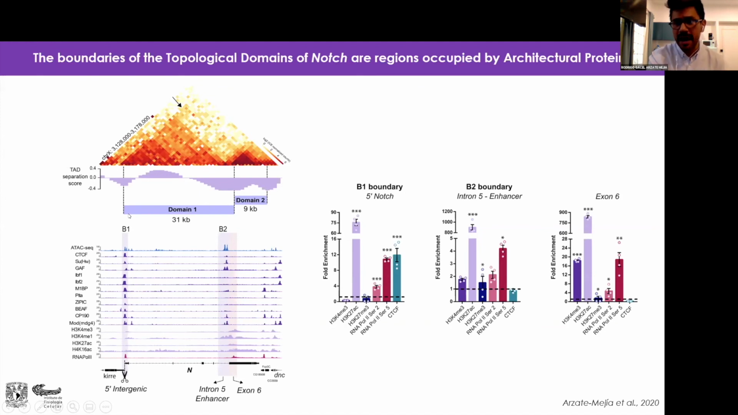So based on this evidence, we decided to look also for the presence of architectural proteins, which are frequently bound to the domain boundaries in Drosophila. And here you can observe the binding of different architectural proteins, as well as chromatin accessibility in these two boundaries, which suggests that they can potentially be regulatory elements. We confirmed the binding of some of the architectural proteins like CTCF, which was enriched at the first boundary, and also the presence of histone marks like H3K27 acetylation,